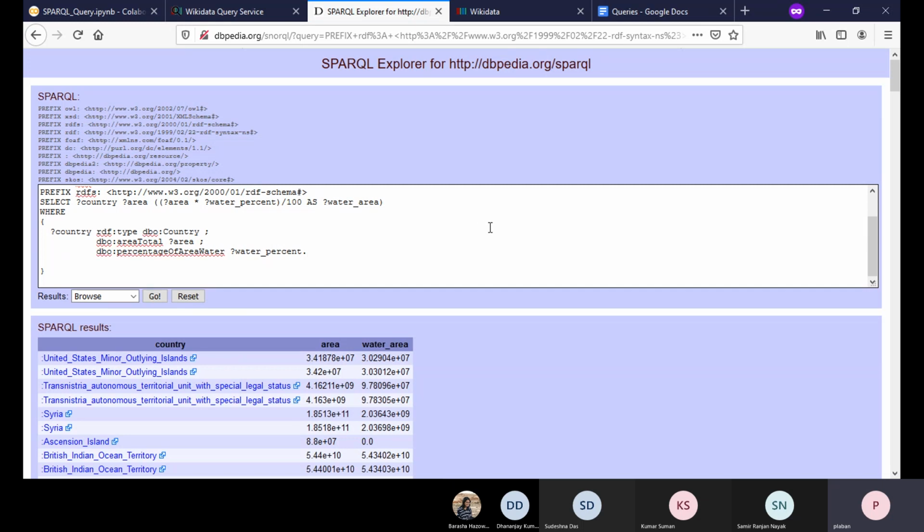Now I want the country name. So here we have this URL. Though it looks like a country name, it's really a URL. You can see the URL if I hover the mouse over this particular thing, right?